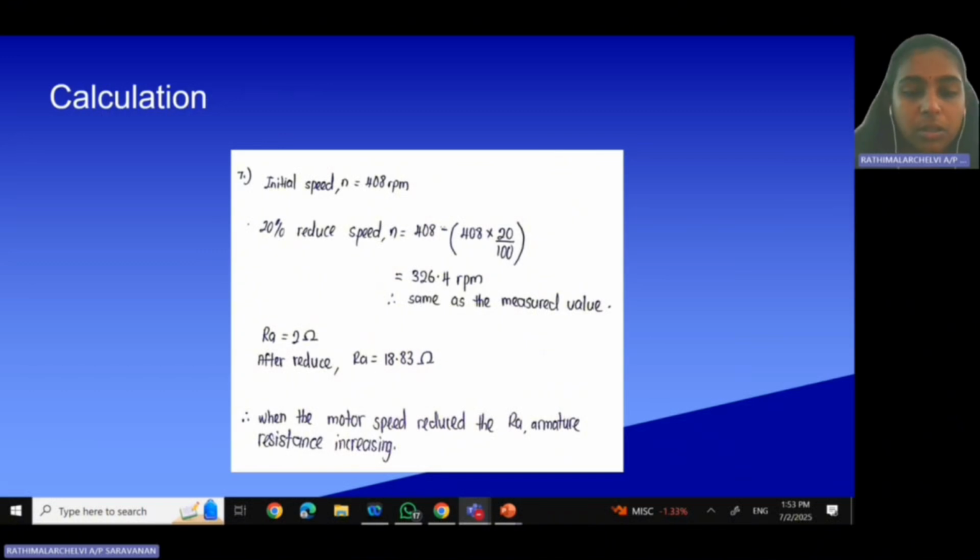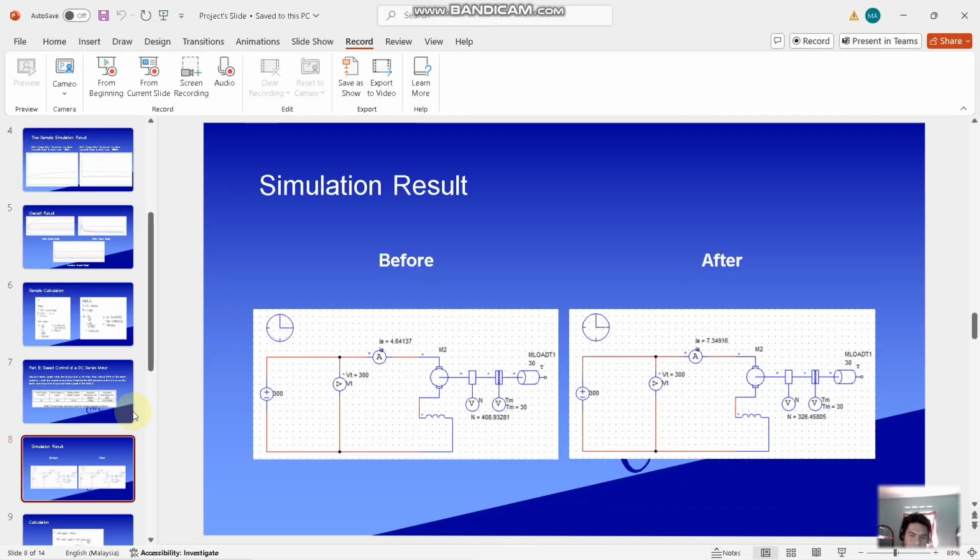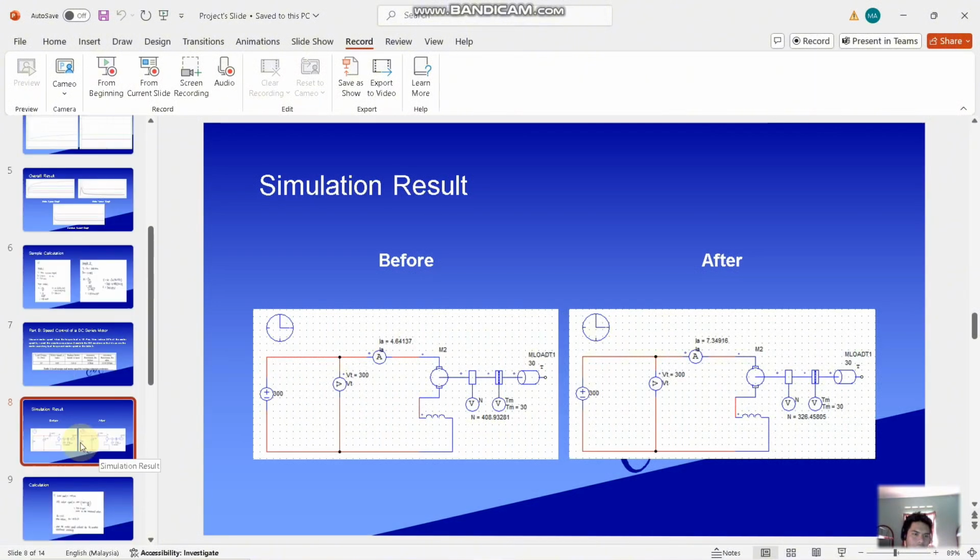So when we measure, we also get the same value as the calculated value. The first armature resistance, before reducing the motor speed, is 2 ohm. After reducing the speed, we measured 18.83 ohm. So when the motor speed is reduced, the armature resistance is increasing. Okay, next I will present